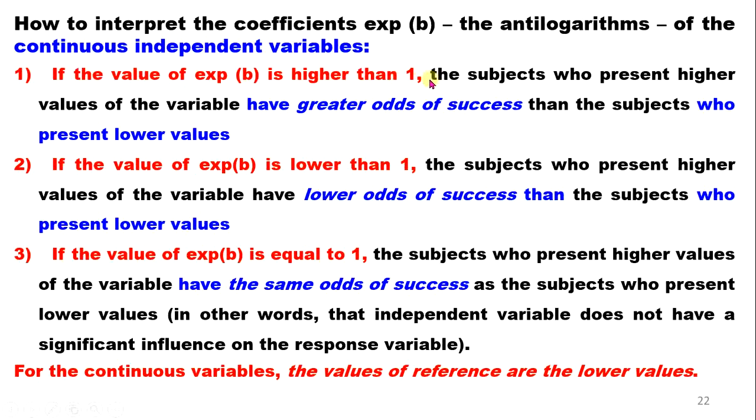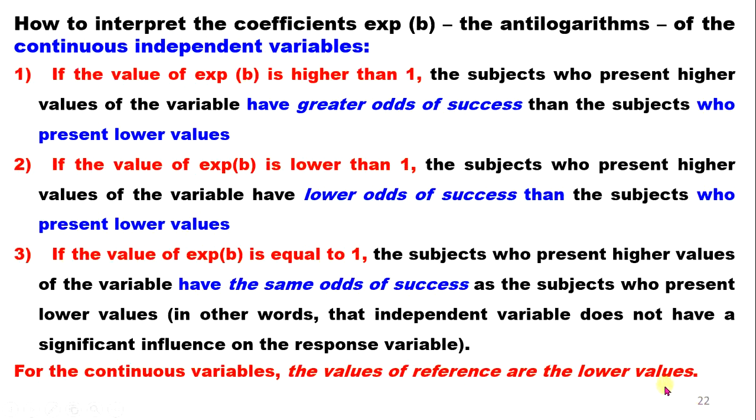if the coefficient is higher than 1 the subject who present higher values of the variable have greater odds of success than the subject who present lower values ትላላችሁ ማለት ነውና if the value is lower than 1 the subject who present higher values of the variable have lower odds of success than the subject who present lower values. if the value is equal to 1 the subject who present higher values of variable have the same odds of success as the subject who present what? lower values. in other words the independent variable do not have what? a significant influence on the response variable እንላለን ማለት ነው።